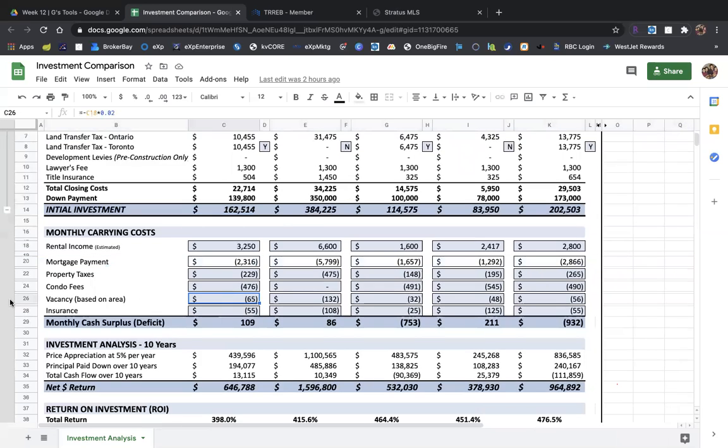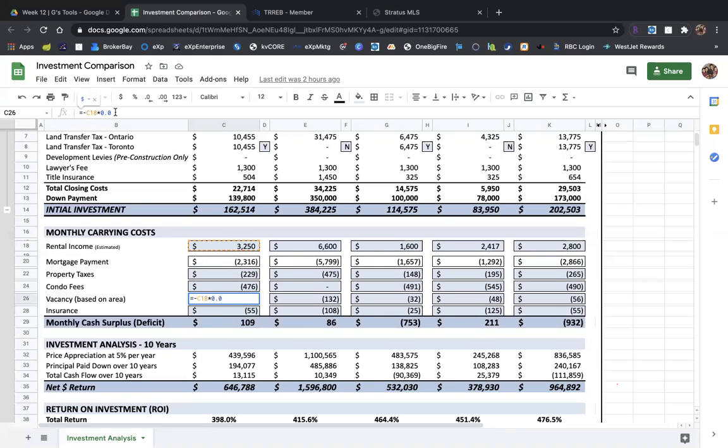Vacancy, it's based on the area. You know, a year ago today, Toronto's vacancy was under 1%. It basically was never vacant. Now, that's a different story. Sorry, go ahead. We're looking at whatever it's posted in the rental market, like vacancy rates. Yeah. So the other way